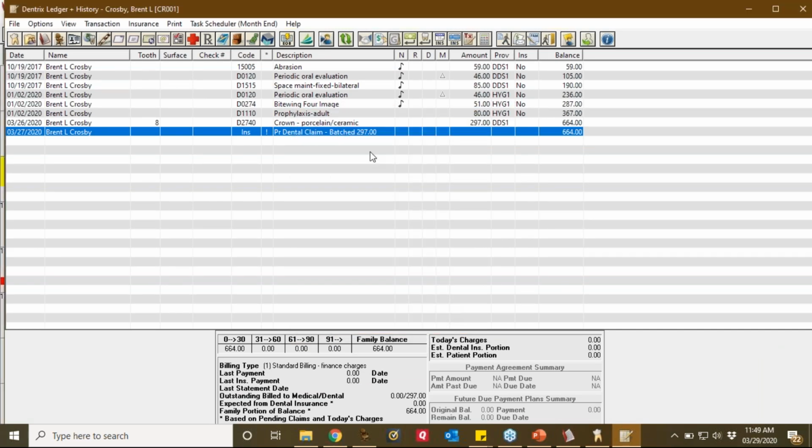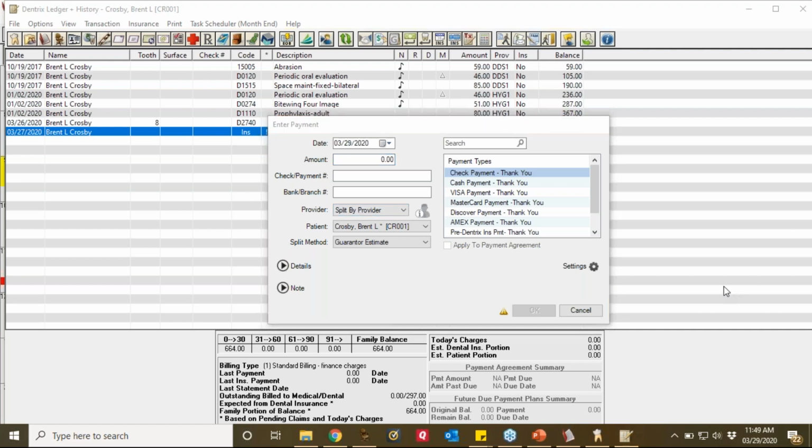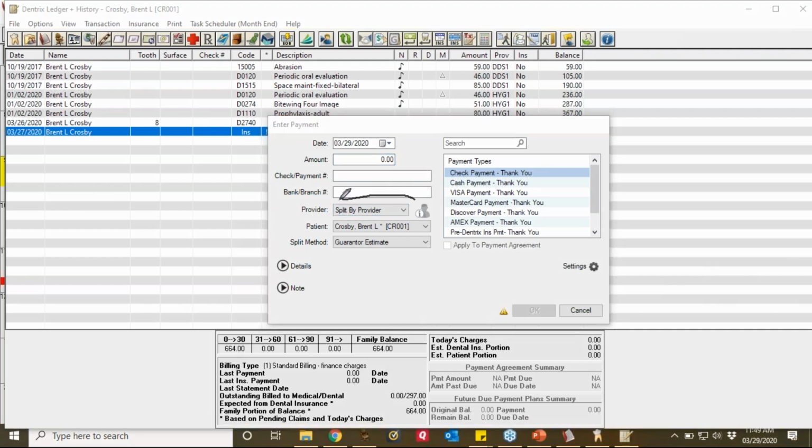So if I'm applying a payment here, it's always going to use that default that I just showed you right here. Here's what I have defaulted in my payment allocation default on my office manager. It's always going to try and use that first